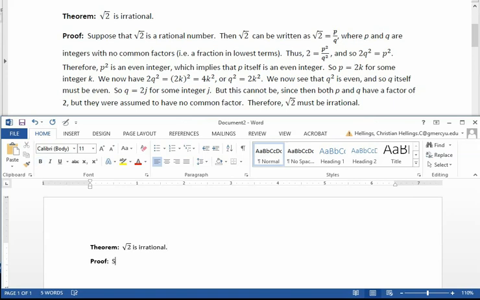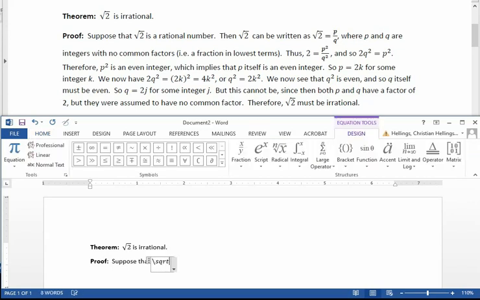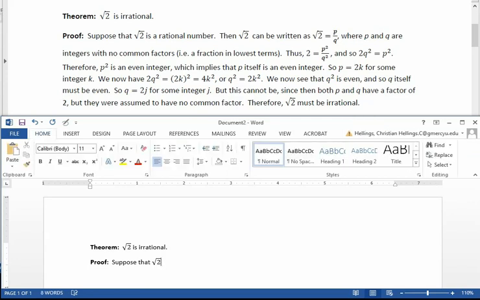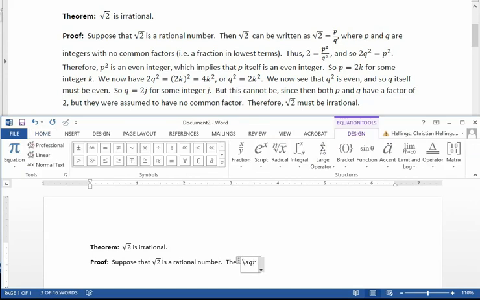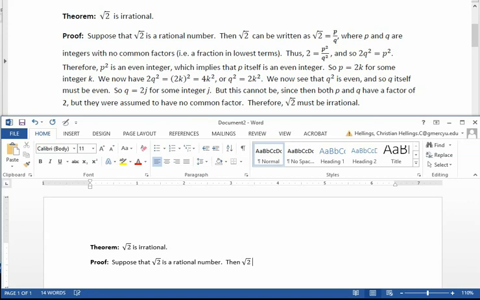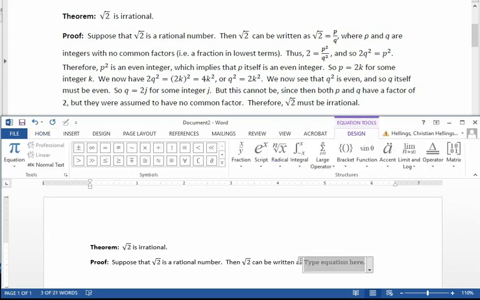Okay, so again, suppose I'm just copying what we have above that. Alt equals \sqrt space 2 space, right arrow key to leave the equation editor, is a rational number. Then, once again, Alt equals \sqrt space 2 space, right arrow key, can be written as,